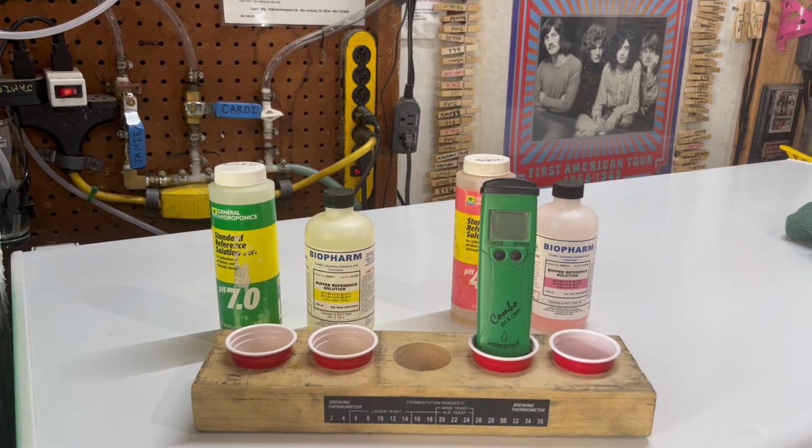Okay, so what I do is, you should only use the pH calibration solution once. So after I use it, I put it into a marked used container, and I use that for my rinse before calibration. Okay, so we got old, new, 7